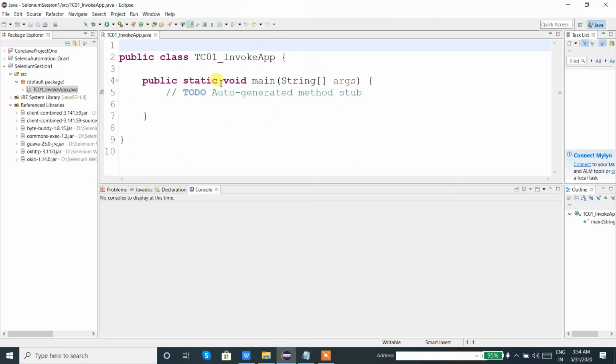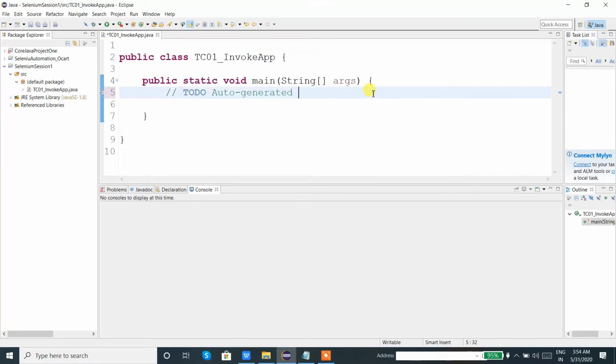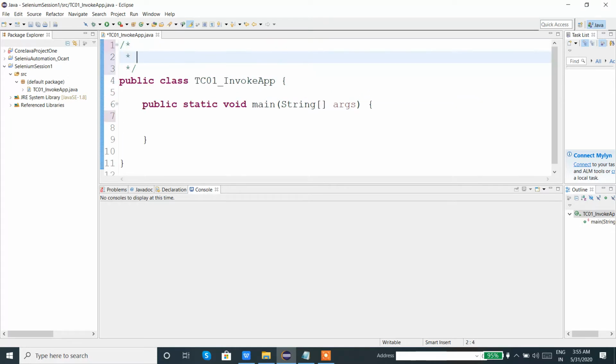Before writing anything in the code, let us check whether the reference library is proper or not. Here 7 jar files are configured, so our reference library is proper. Now let me delete the unwanted code. Let us give the code description. Let's say to invoke the OpenCart application in Firefox browser.